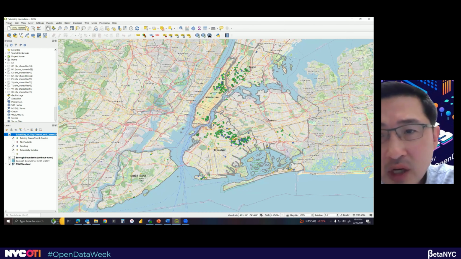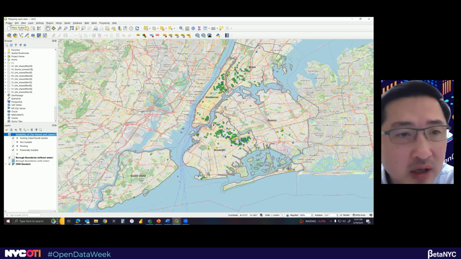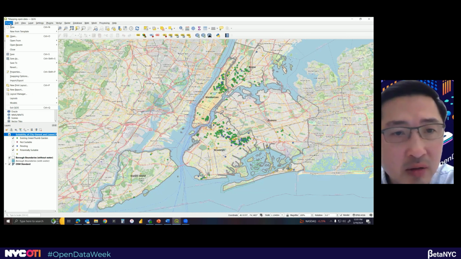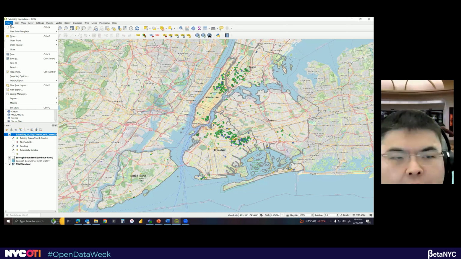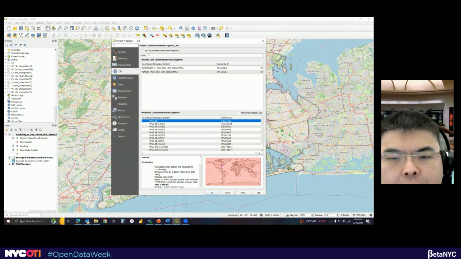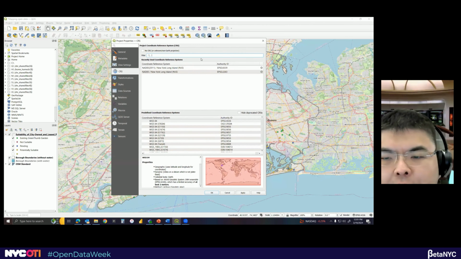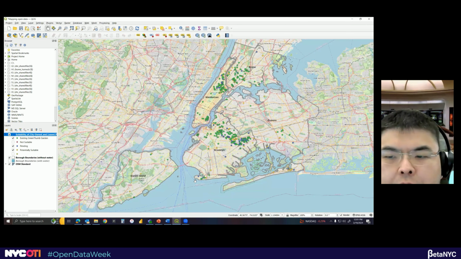How will you change the view in QGIS to use a projected coordinate system? Go to project and then properties. And then you would search for New York Long Island. I have it already. You can search for 6539 and hit OK. And that's all you do.